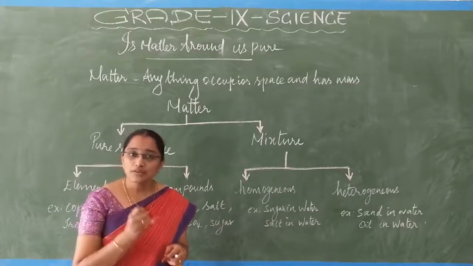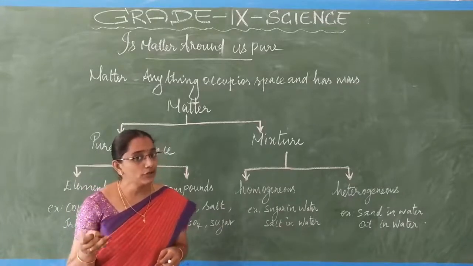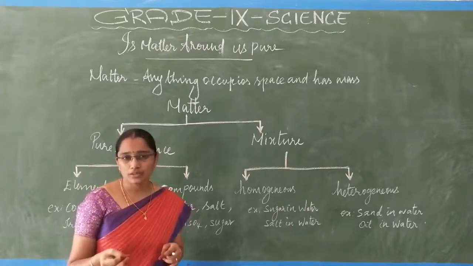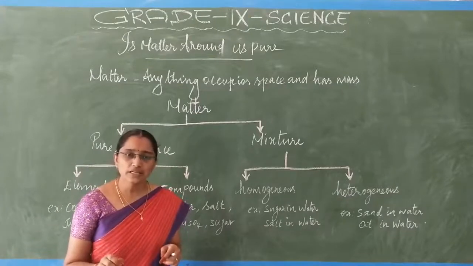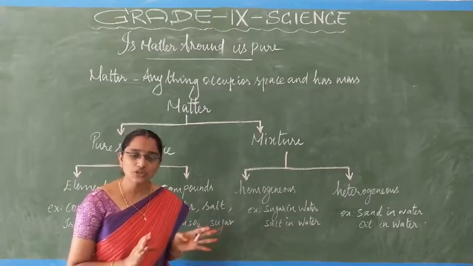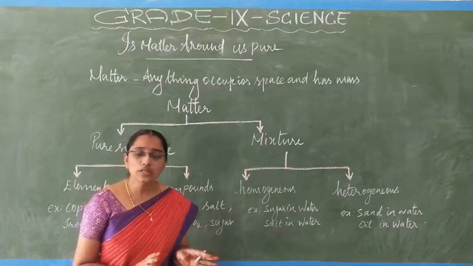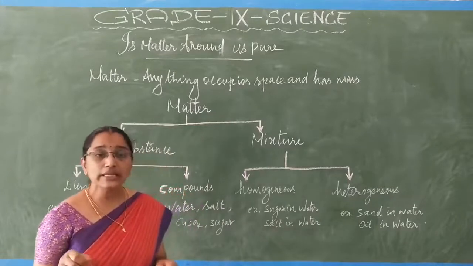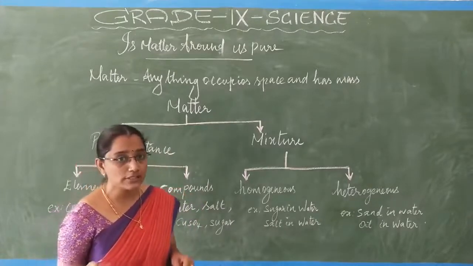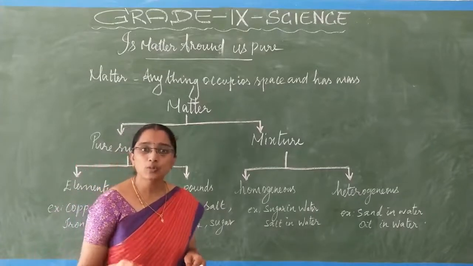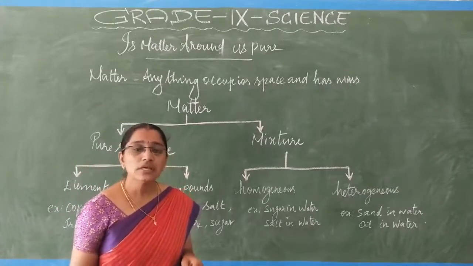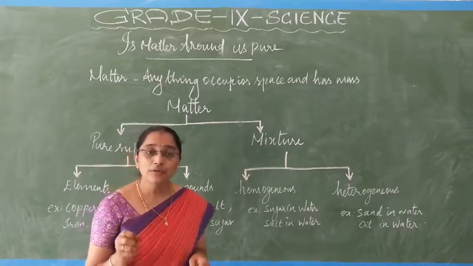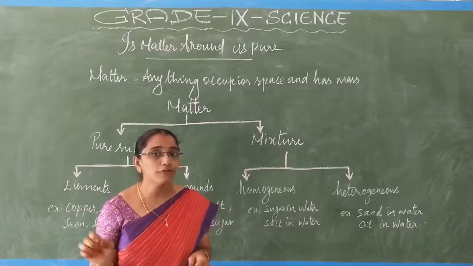Okay. And if I give you soil and sugar granules or salt granules, and ask you to find out which one is pure, you may say by seeing that salt or sugar granules are in the pure form and the soil is not. It is a mixture because soil contains small fine granules of salt, stones, even humus particles and dead organisms. Everything is present together, that is, more than one kind of particles. We won't say that soil is pure.